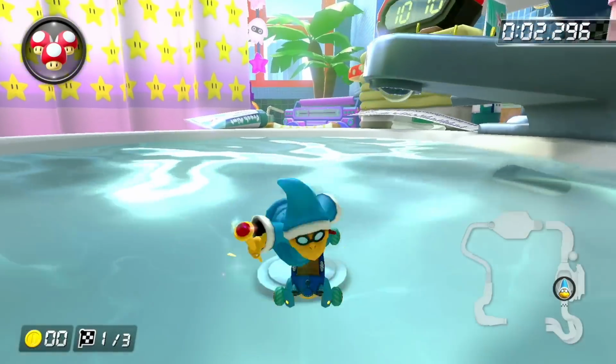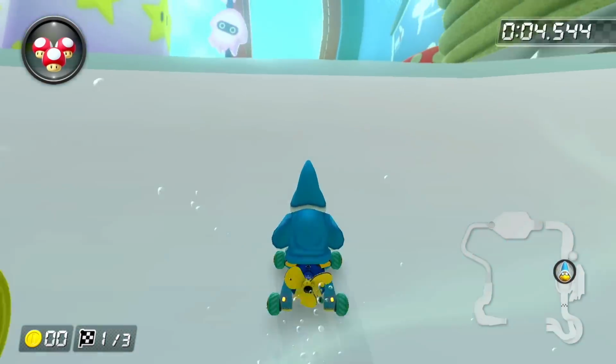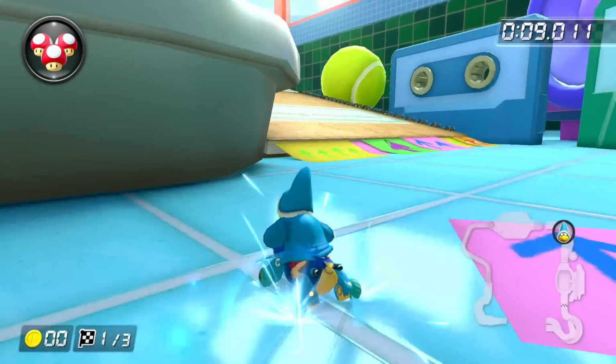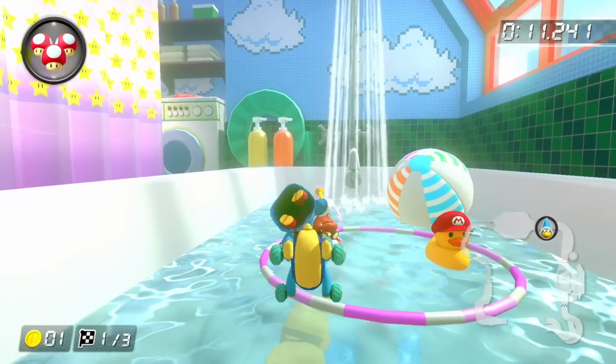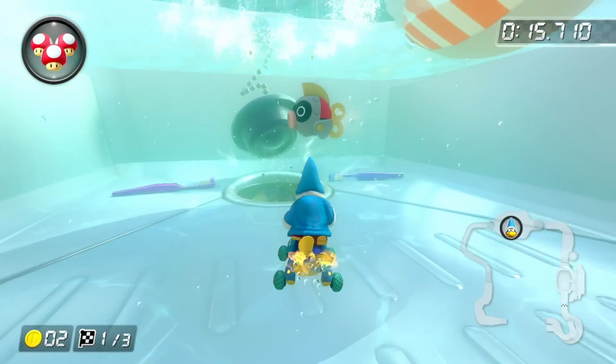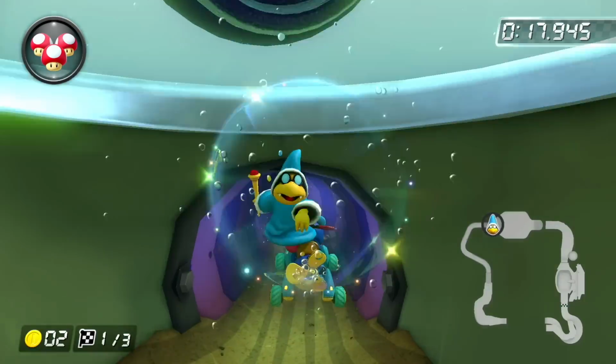And for the last track of the Feather Cup, Squeaky Clean Sprint, there are tons of shortcuts. The first one, you can see some sponges on the left side of the bathtub as you jump off the ramp. Stay on the left side of the ramp and you will land on these sponges, very similar to the same thing as Athens. Staying on that left side of the ramp, you'll do some boost before you go down